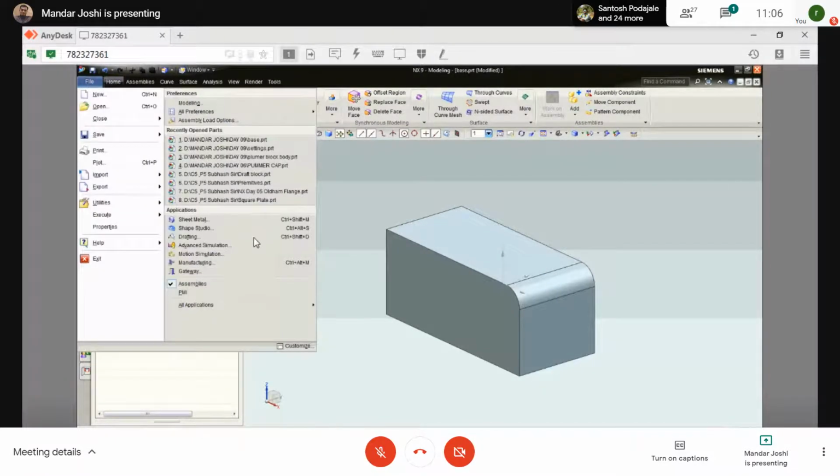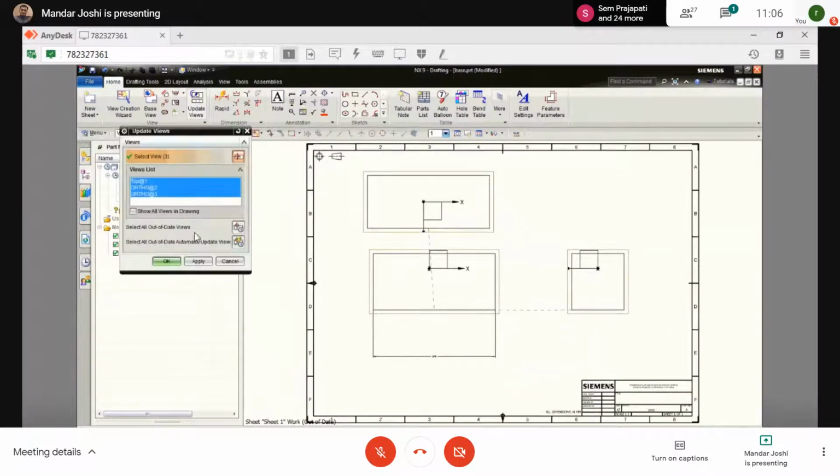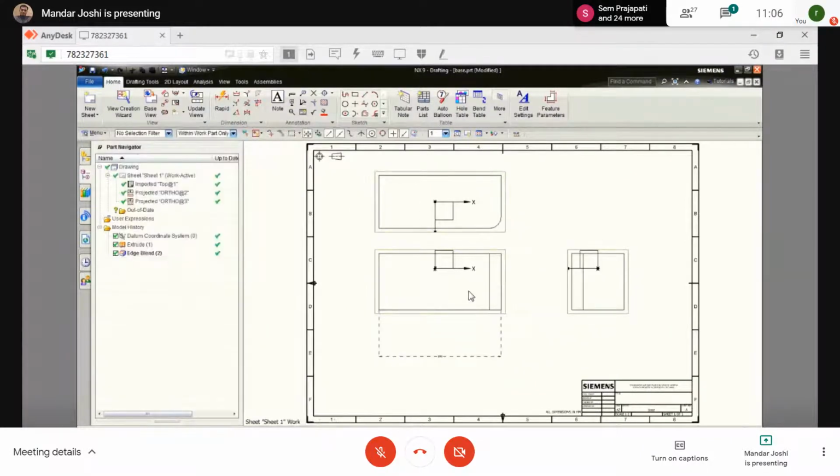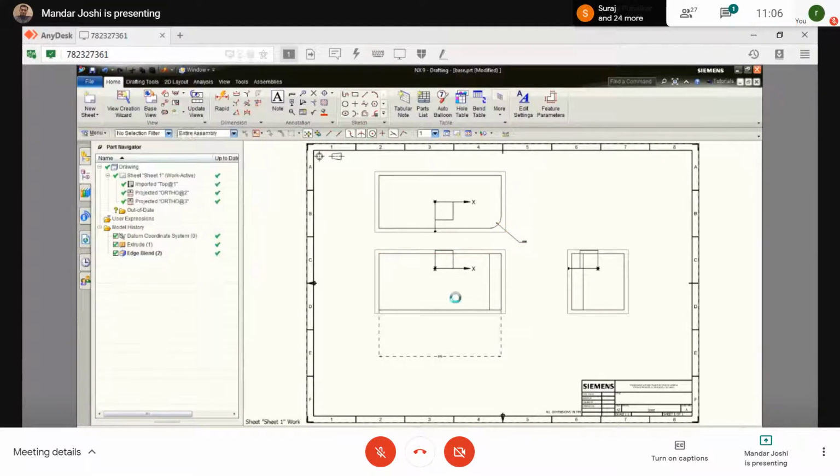Then drafting again. Now here you have to update that fillet, so use this update views button for all views. Okay, now try to put this radius here. Now see that horizontal text is indicated.